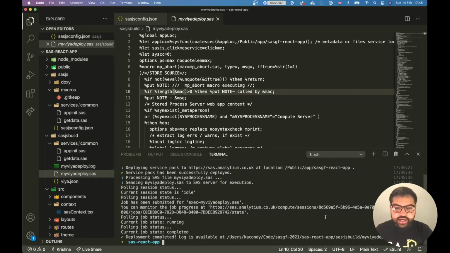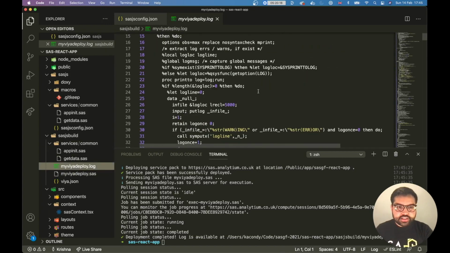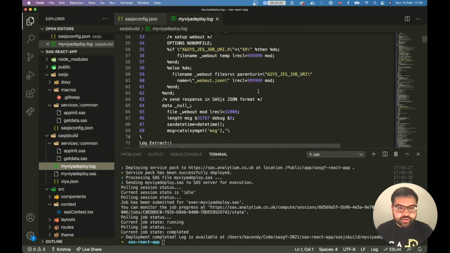And looks like we are done. The log from the deployment is also available in the sass.js build folder. This is the similar kind of log that you would see in SaaS Studio when you execute code.